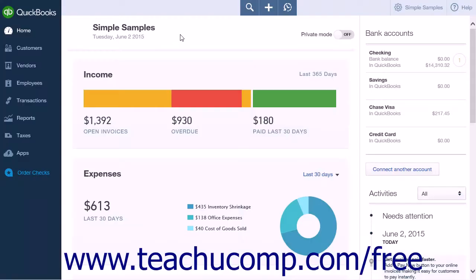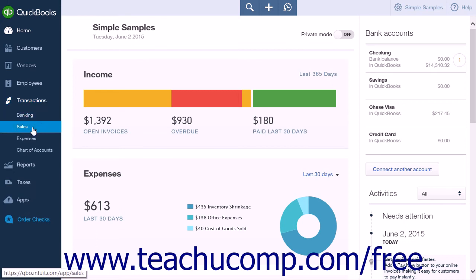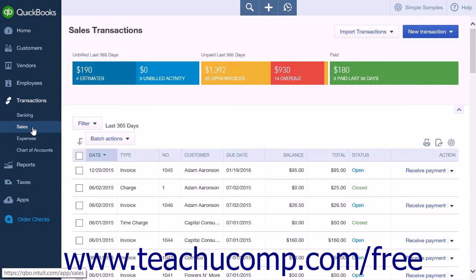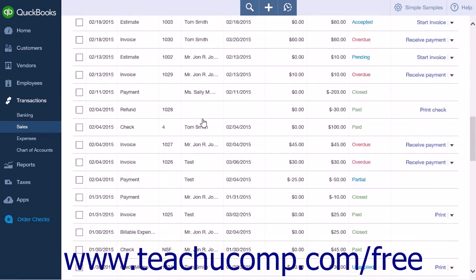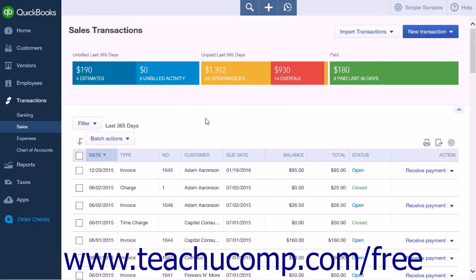In the navigation bar, under the Transactions link is the Sales link. Clicking this will take you to the Sales Transactions page. Here, all of the sales transactions for the last 365 days will be displayed. At the top of the page is a money bar that will display any unbilled, unpaid, and paid transactions from